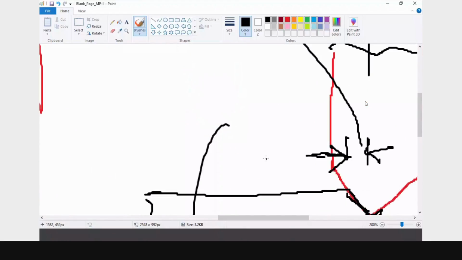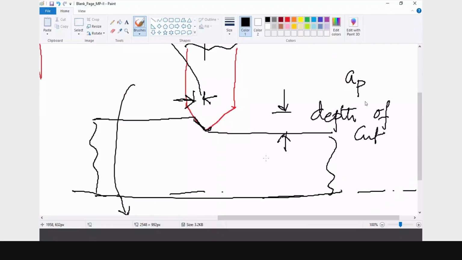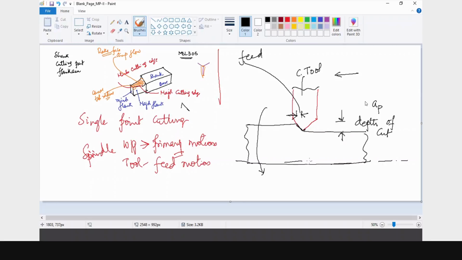Is this visible, the tool that I am showing? Now, the cutting tool has the depth of cut, and this is the feed engagement. Means the moment the tool is moving up to this point, the tool will be at this location. So this is what you are going to have because of the feed. And this part, as I told you, is the depth of cut.